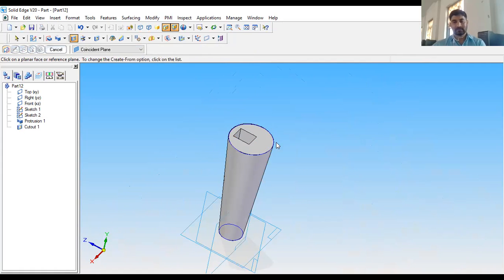You can draw any profile here. According to that, the material will be removed. Next, we'll move on to the